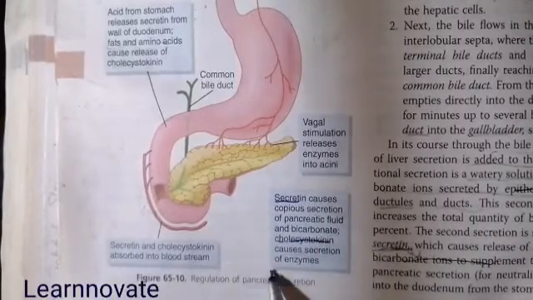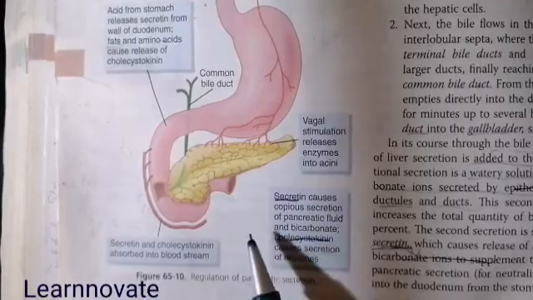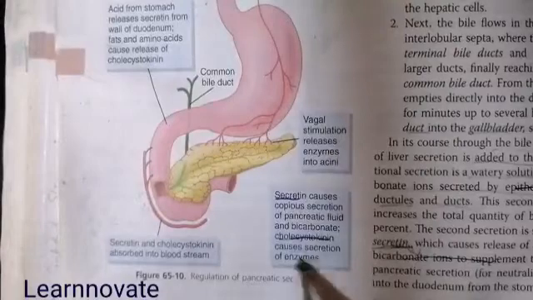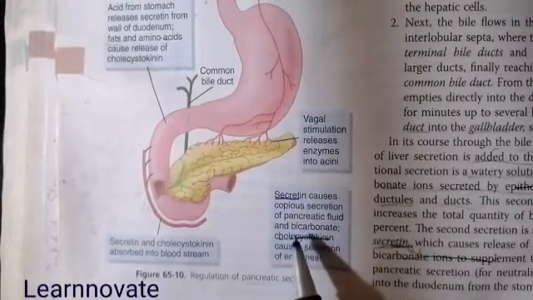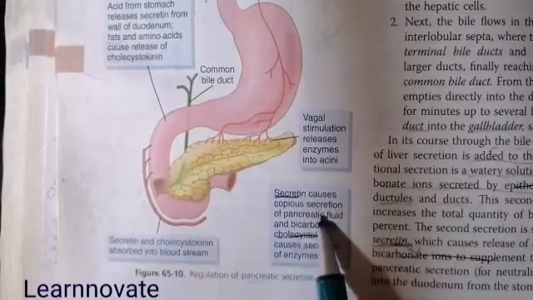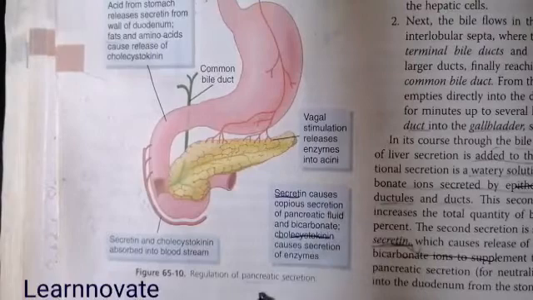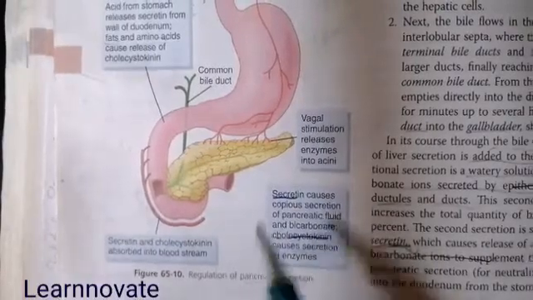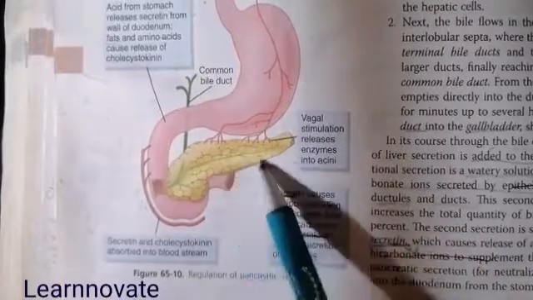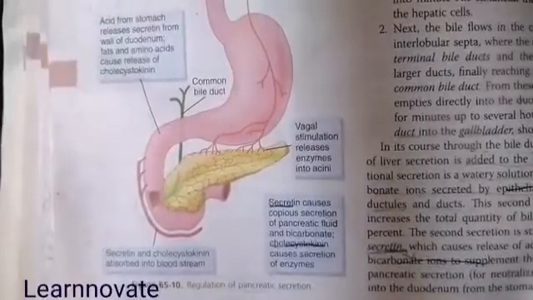So the pancreatic juice that we call the pancreatic secretion contains the fluid, that is the bicarbonate and water, because of the presence of secretin, and the enzymes because of the secretion of the cholecystokinin. In this way the secretin controls the water secretion and the cholecystokinin concentrates the enzymatic secretion of the pancreatic secretion, and the vagal stimulus from the acetylcholine releases these enzymes. So this was about the regulation of the pancreatic juice and the pancreatic secretion.